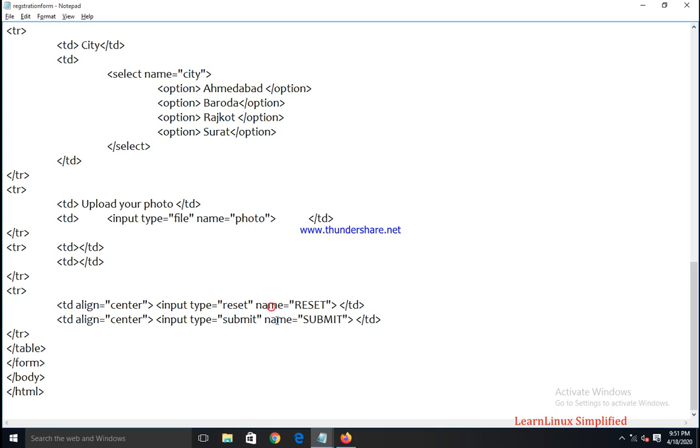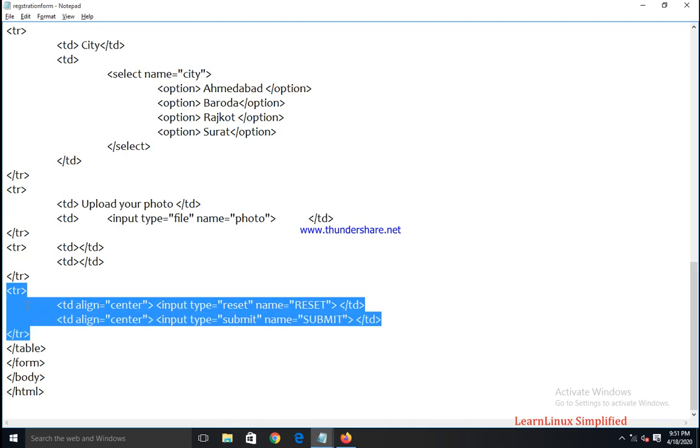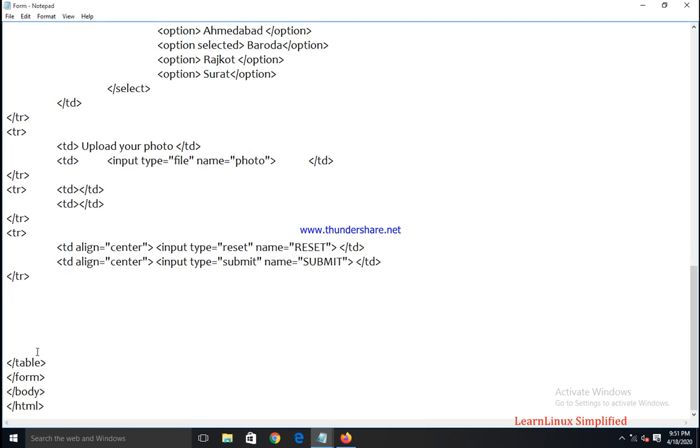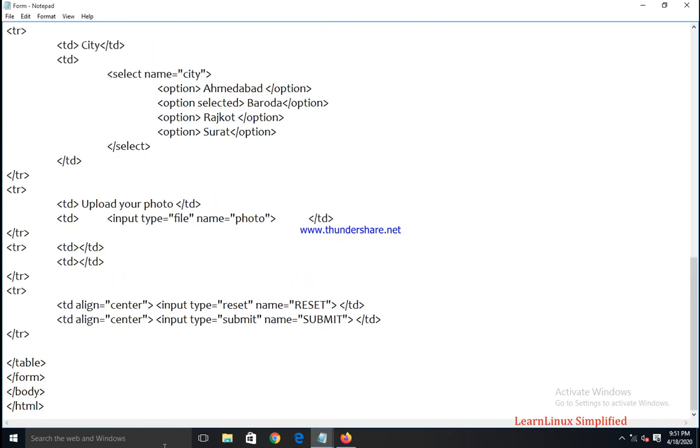If you do not specify the name, instead of Submit with a capital letter, Submit Query will be displayed, right? So lastly, I am selecting this, copying this and pasting over here. This is how we have completed our form coding. Save.